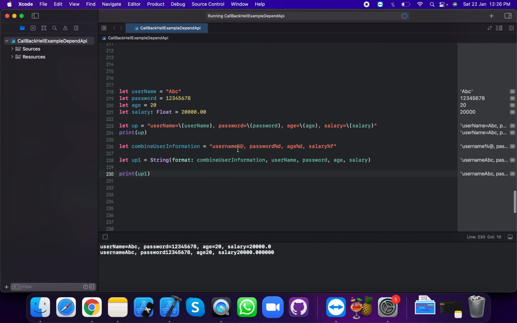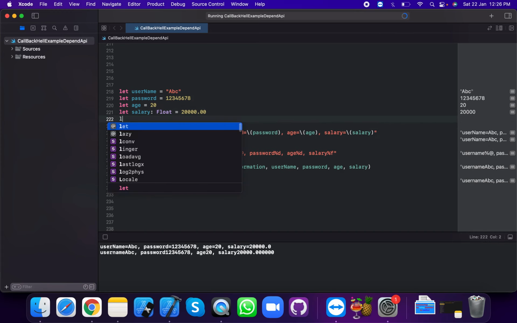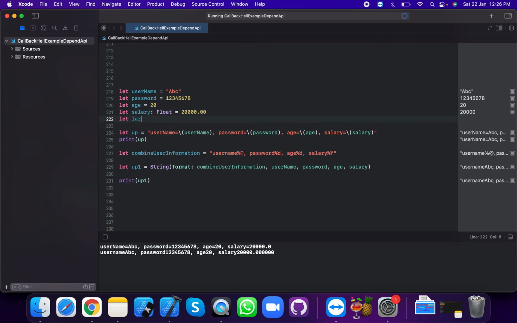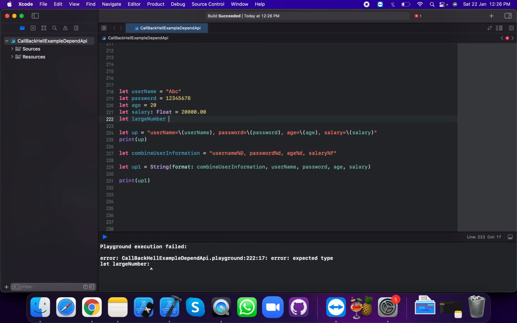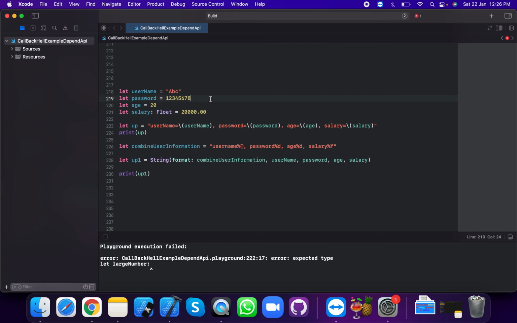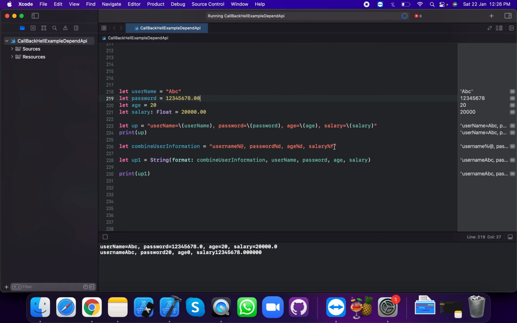Now we're going to create a double. So let large number, which is type of double, by default it supports double. Now we can access it with lf.